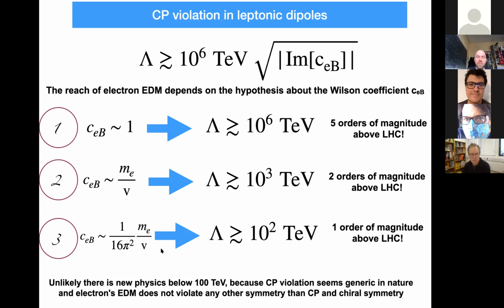they usually appear at loop level. So you need a loop factor to generate this dipole. And if you assume that your theory is weakly coupled, then this coupling squared that will appear here will be small, I mean order 1. So you will get a 1 over 16 pi squared suppression, and then you only probe 100 TeV. So 100 TeV is still very, very good. It's still an order of magnitude above the LHC, and